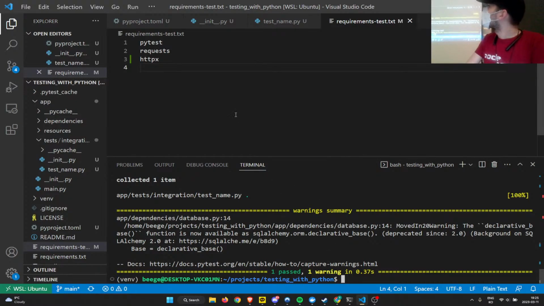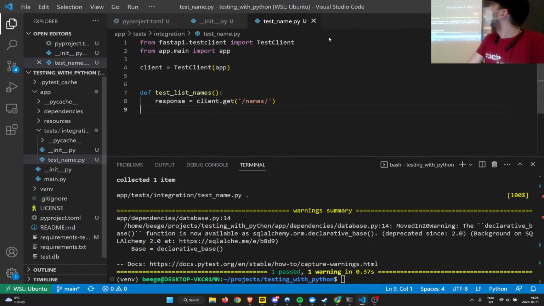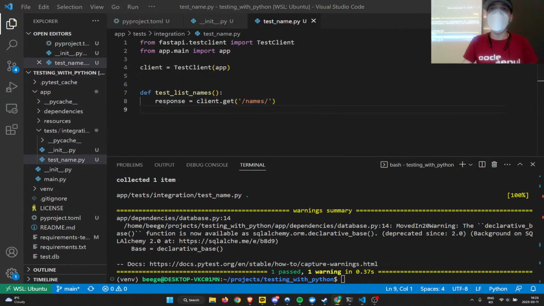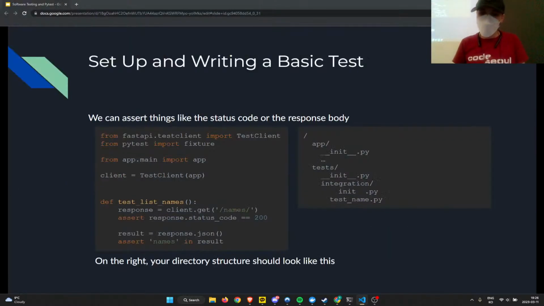Okay? So, again, what we've got here is we're creating a test client that's provided by FastAPI, and we're just calling that as part of our test. All right? So far, so good. Any questions? Good? All right. So now, let's... Well, I should get my code off the screen.